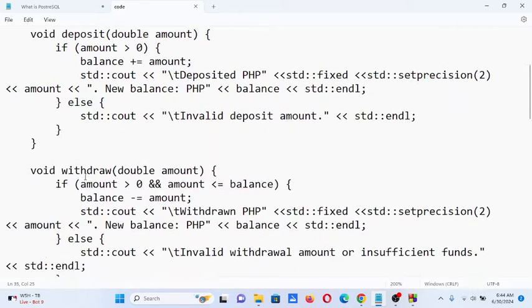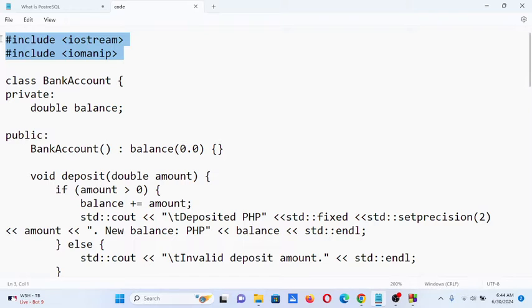Okay, so basically we have here several library files that we use. This one, iostream, is very basic for basic input-output commands in C++. And then we have another library file, iomanip. iomanip stands for input-output manipulator. We will be using this library file in C++ for two decimal places later on in our program.